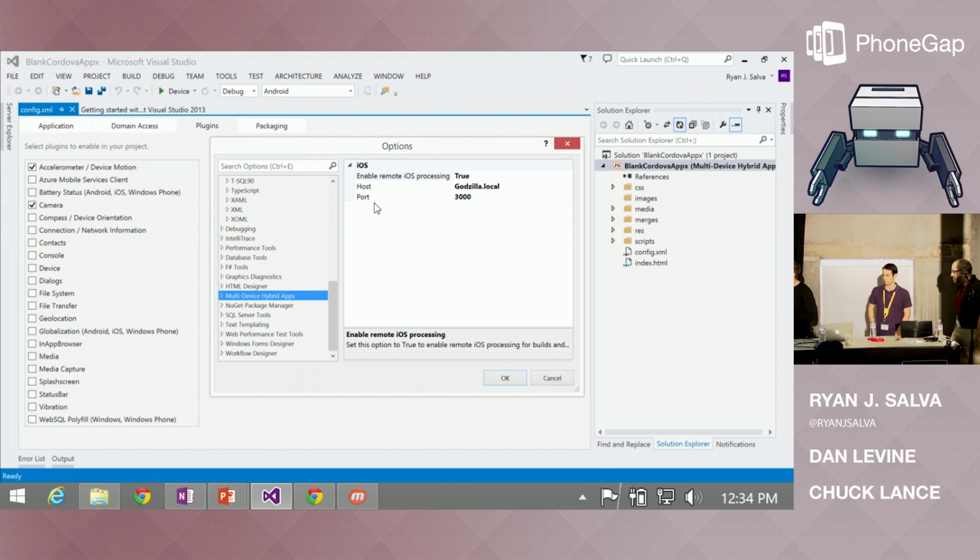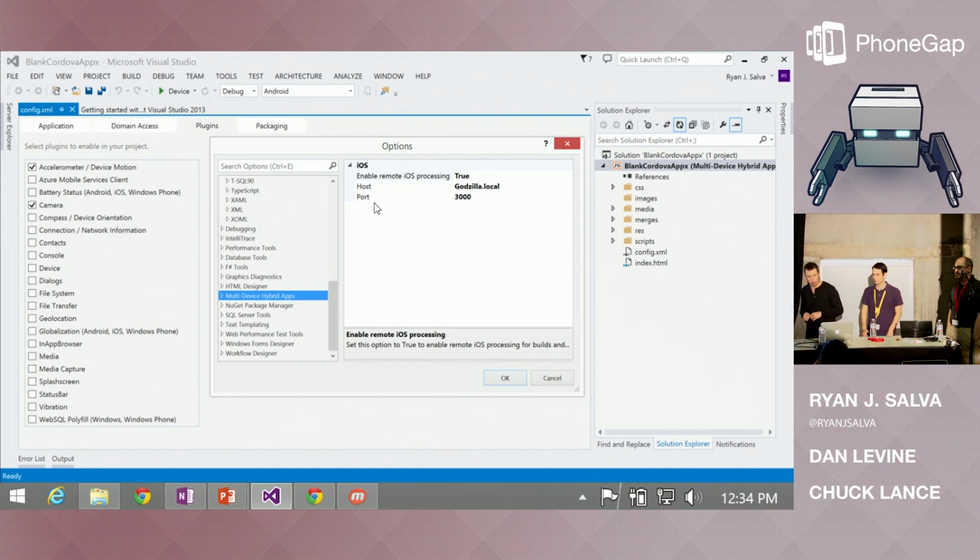Totally. All right. Cool. So what I've done here in Visual Studio, I just went to Tools, Options. Within Tools, Options, there's an option there for multi-device hybrid apps. That is our old name. It was much longer than Tools for Apache Cordova, and we just really wanted to pledge allegiance to Apache Cordova.